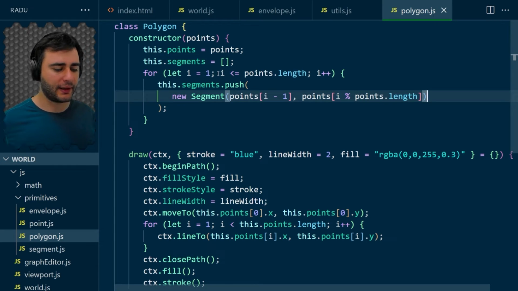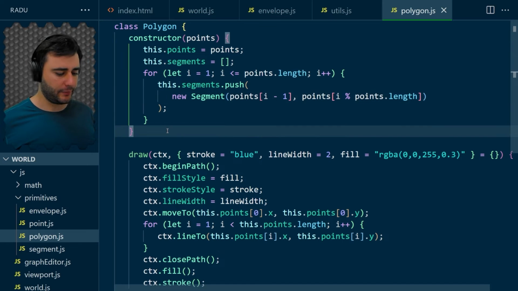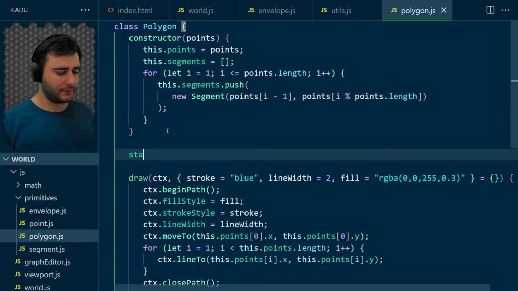So when i is going to be equal to points.length, then points of i would return an error. But doing this is going to return the remainder when dividing by that. So this will jump to 0 instead of giving an error. And that's going to loop around and connect back to the first point, which is what we want to have that segment as well. And now we can implement that static method called break that takes two polys, poly1 and poly2,